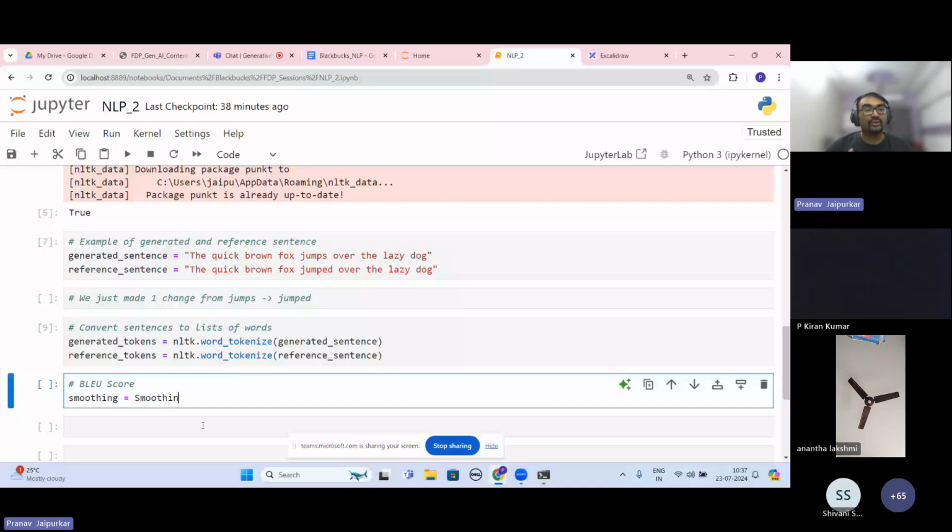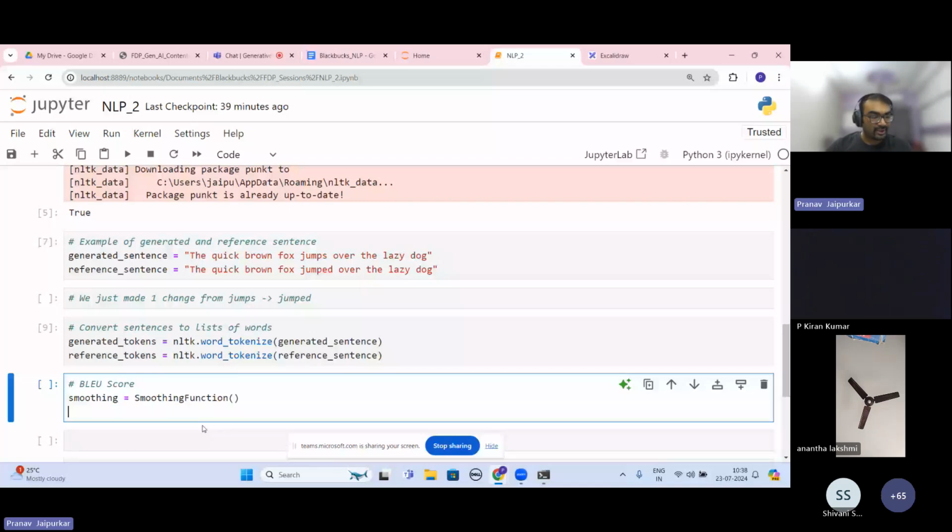It's your homework to search why this smoothing function is needed, everybody. bleu_score is equal to sentence_bleu. In that there is reference tokens, then there is generated tokens, and then there is smoothing function